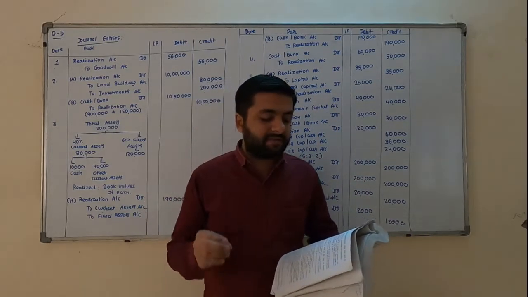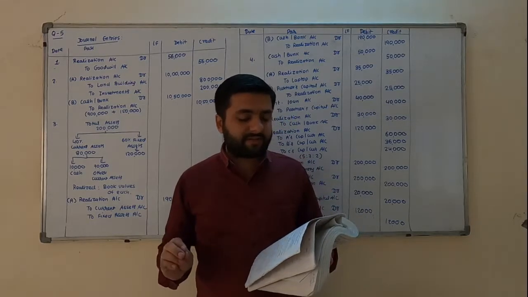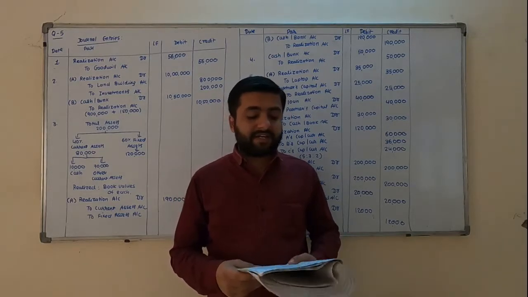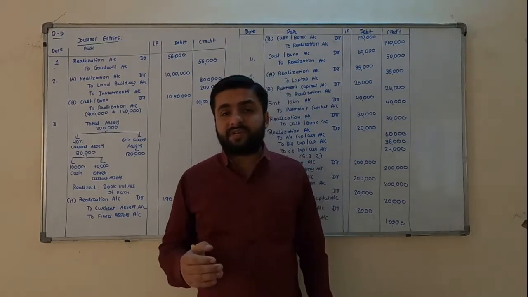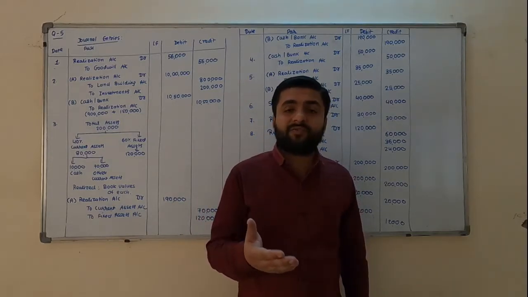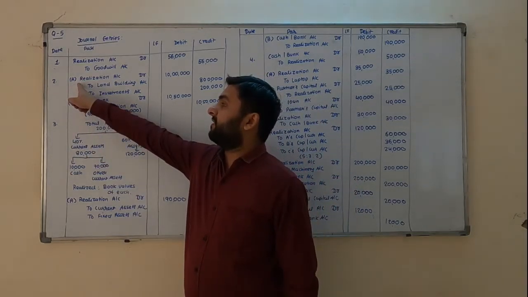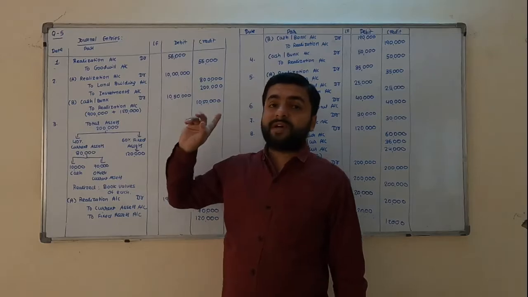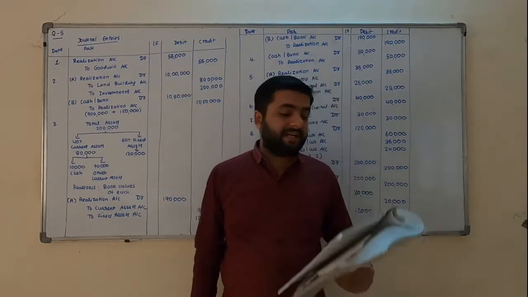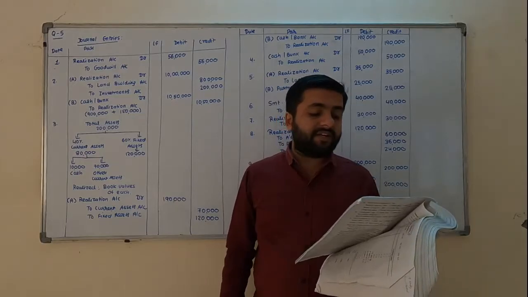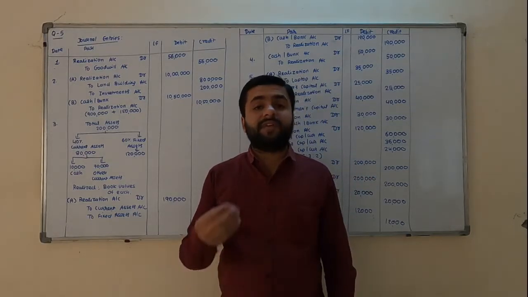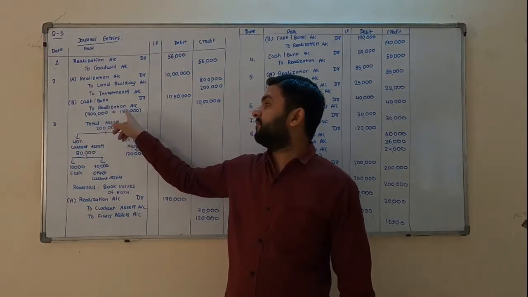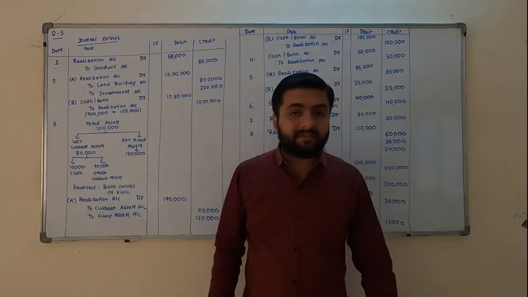In the balance sheet, land and building is 8 lakhs and investments are 2 lakhs, and respectively 9 lakhs and 1,50,000 are realized from them. So friends, two assets are shown in the books, and the first step is to close those assets. For that, realization is to be debited and assets are to be credited. So entry A will be realization account debit to land and building and to investments, their book values of 8 lakhs and 2 lakhs, so the total will be 10 lakhs. Now, respectively 9 lakhs and 1,50,000 are realized from them, so we are receiving the cash. So cash and bank account debit to realization account, 9 lakhs and 1,50,000, total 10,50,000 we are receiving from them. Then next,